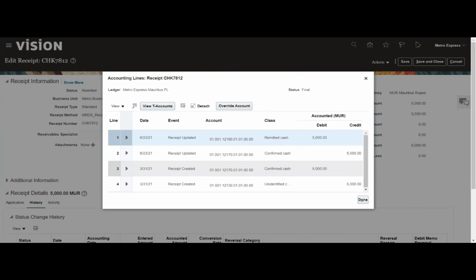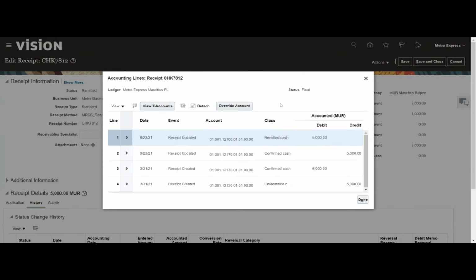Okay. And then after creating the receipt, which means after we saw the status as confirmed cash, we ran the process called remittance. After we complete the remittance process, after the approval and all those things, the system will change the status to remitted. Similarly, this account will be picked up from the receipt method that we created. These are the accounts that we have attached there.